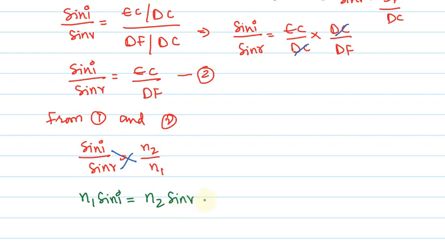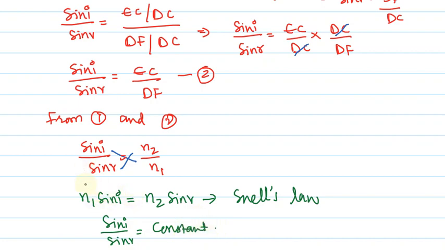So this is the derivation of Snell's law. As we have previously learned, sine I by sine R is always a constant, what we have discussed. Now this relation is N1 sine I is equal to N2 sine R. So this is the final relation we have got. Hope you have understood this relation. N1 sine I is equal to N2 sine R. So this is the required derivation for Snell's law. Hope you have understood the explanation. Thank you.